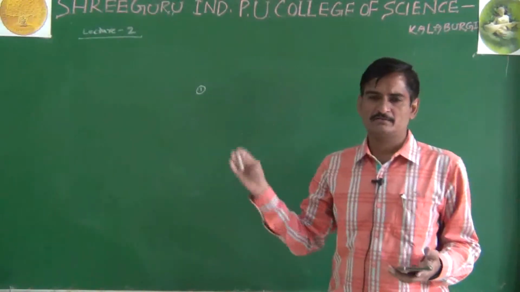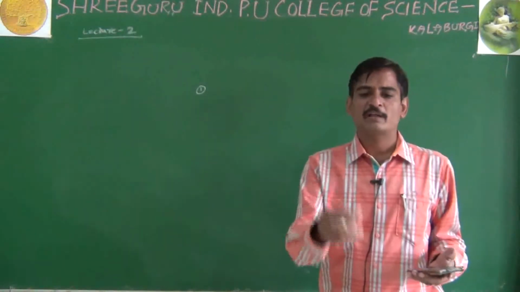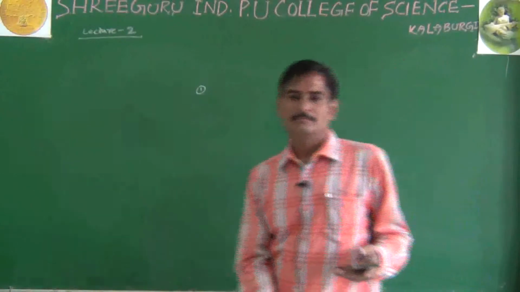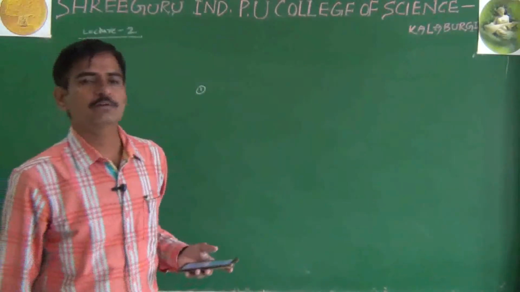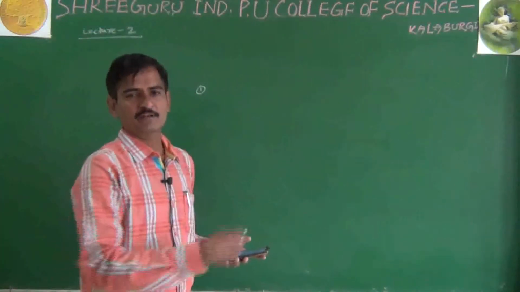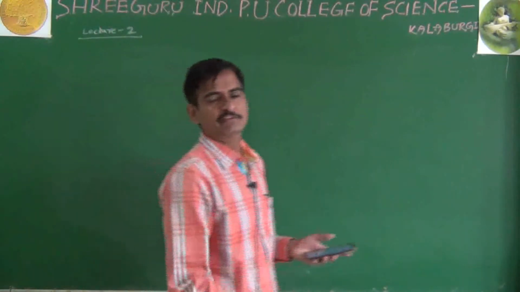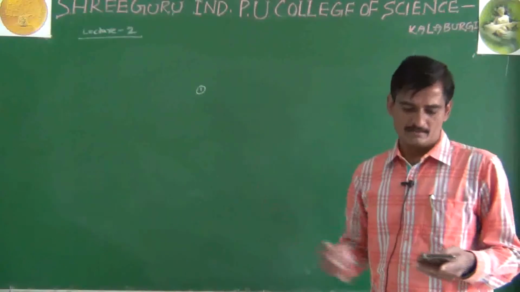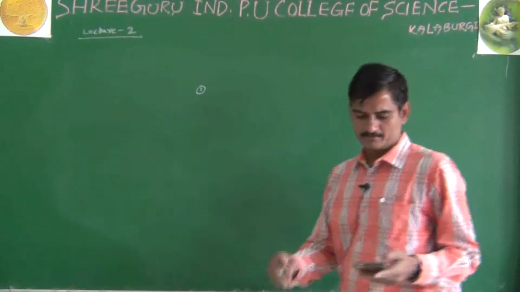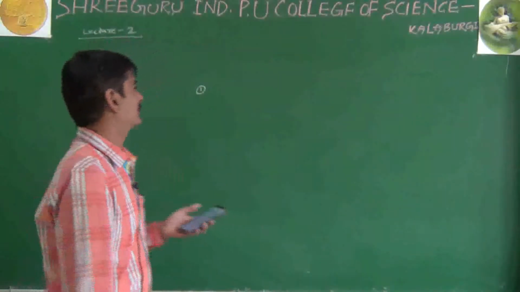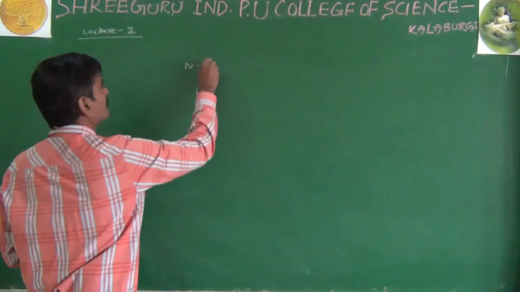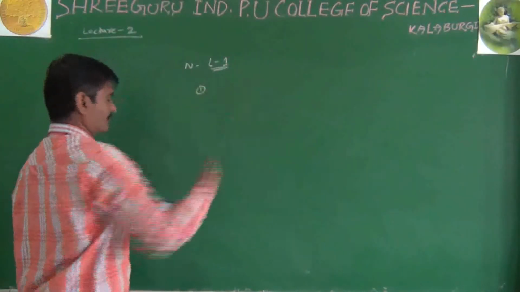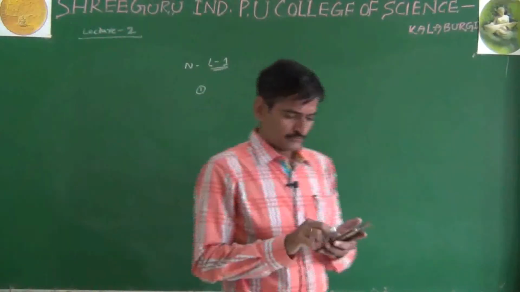I will dictate slowly. You take a pen and page and write it down, and later after the completion of class try to get the solution of these numericals. You can pause the video and take a pen and paper if you want. So numericals for lecture 1 are numericals related to the first chapter.